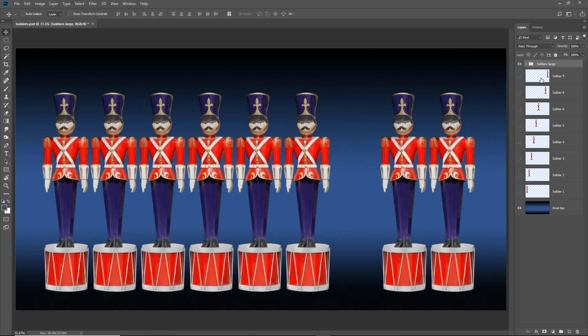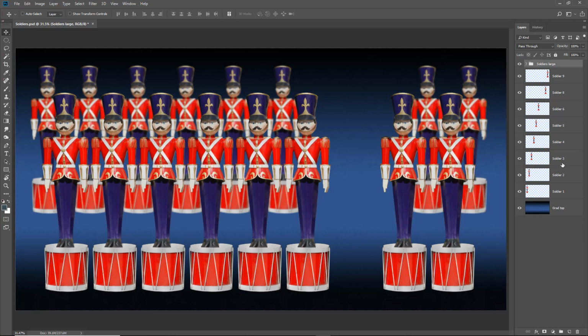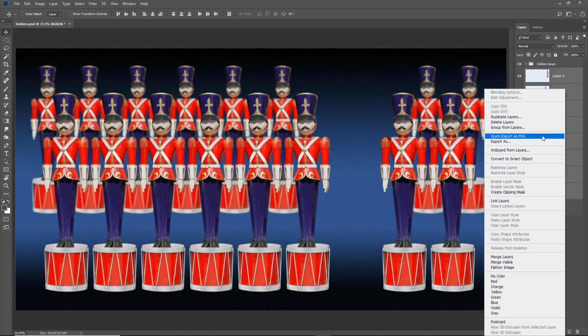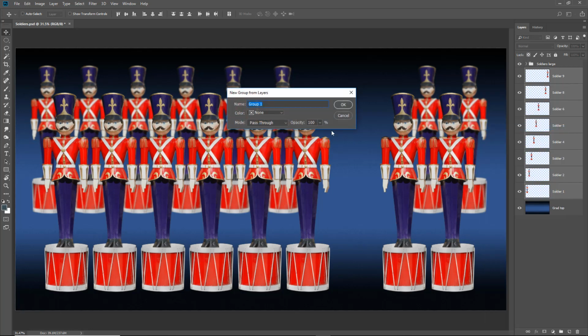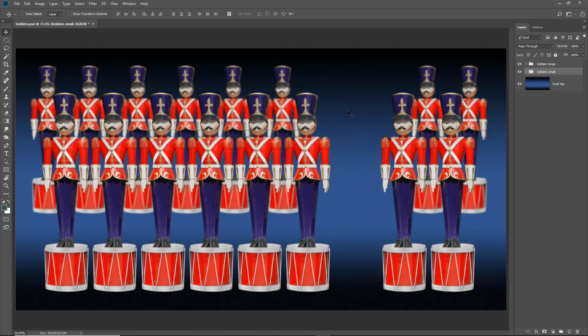And of course we can put the other soldiers in to a different group if we wanted to. Right click, group from layers, Soldiers Small, and OK. Within our photography there's not a massive need to create groups within layers, but there are some projects